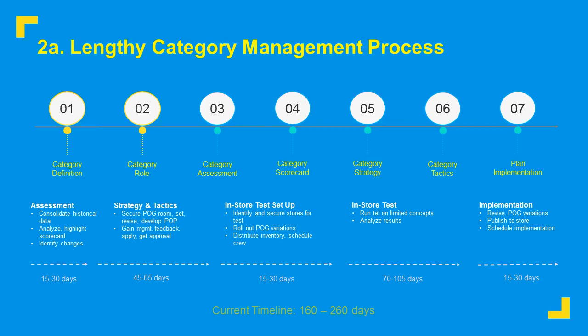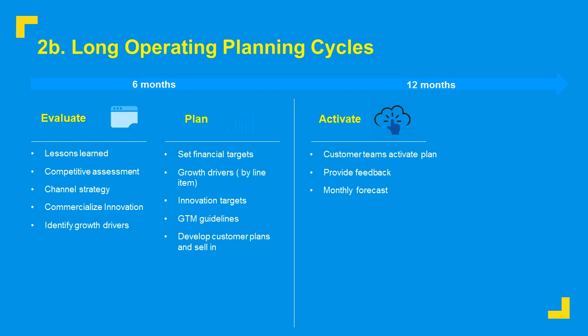And then the 2B here is the operation planning cycles of the businesses themselves, right? And some of this is very similar because, again, from a different angle, they're evaluating what they need to do. They have to plan for it. There's based upon your fiscal years, depending on where this is coming into play, and then being able to activate against that. So it's really hard.